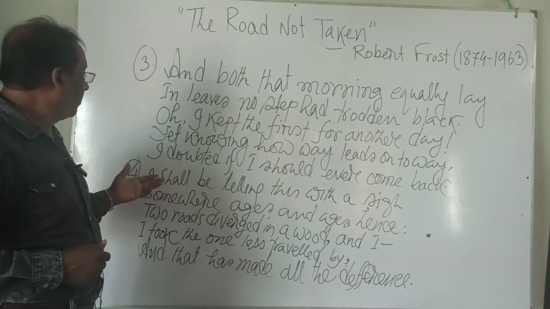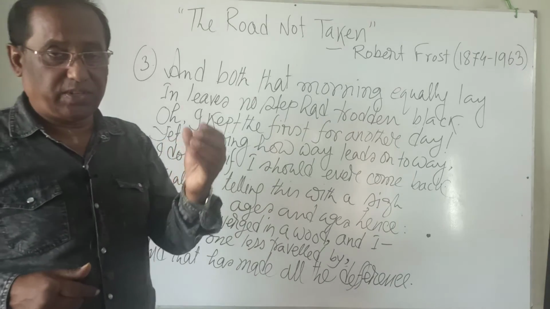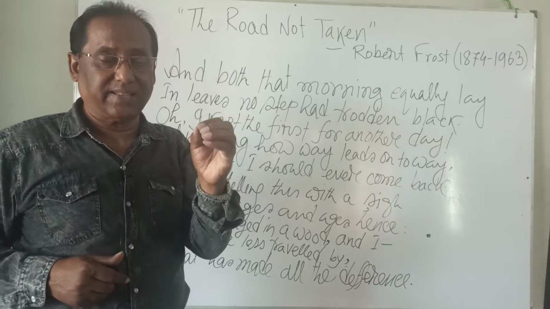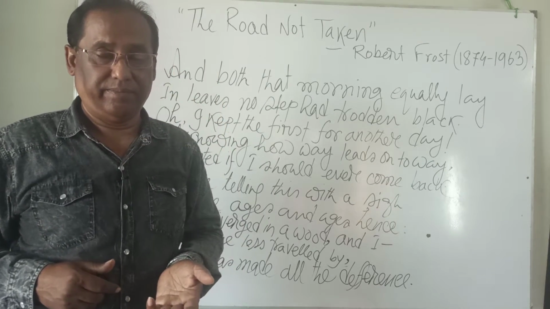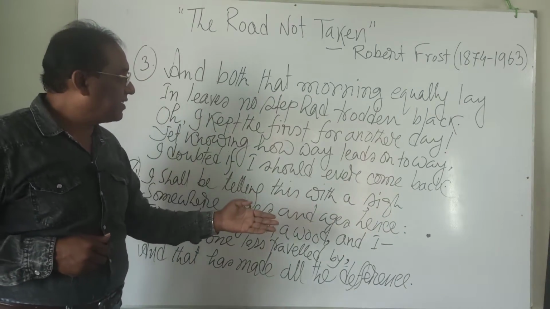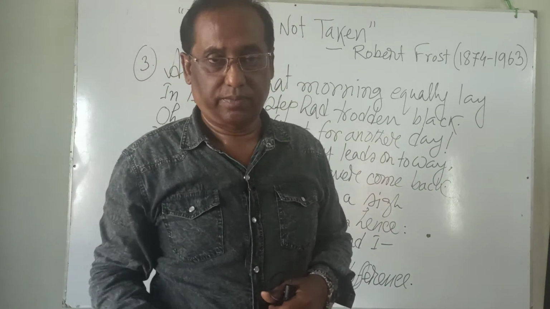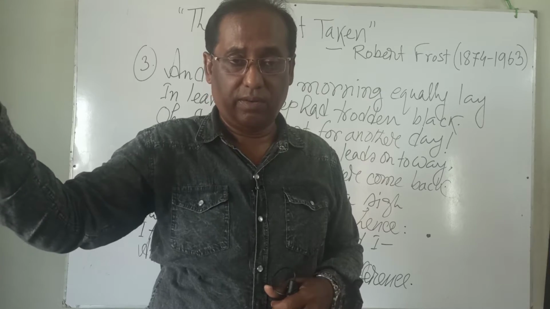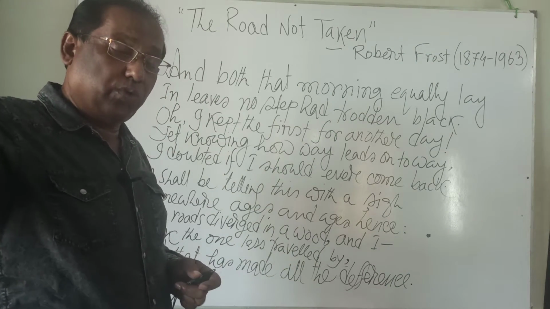So, "I shall be telling this with a sigh." So still the writer, the traveler, the poet has a regret. He is to pine for what is not. "Somewhere ages and ages hence": now the traveler is thinking about the future. What would happen in future? Ages hence. Then he would tell,